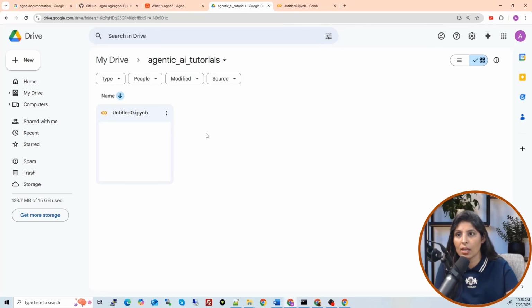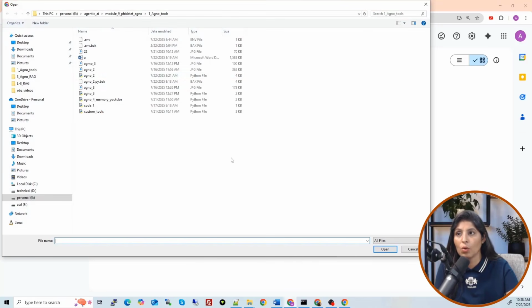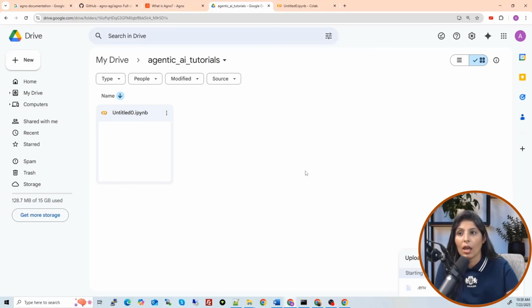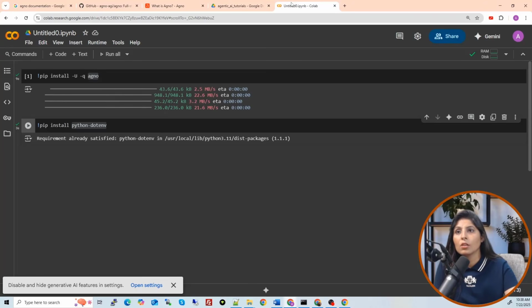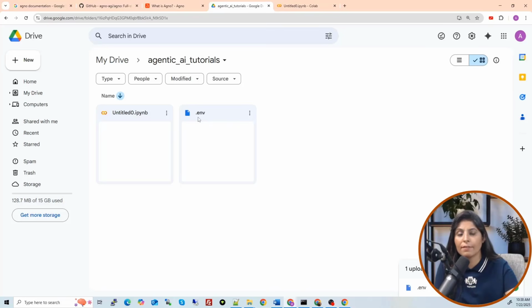Now, once you install this package, next task is to upload the .env file in which your OpenAI API key is. So right click, file upload, and this is the .env file where my OpenAI API key is. And here you can see that when I open this file, you will see this kind of data. This is the variable, and inside this variable, this is our OpenAI API key. This key will not work for you. You have to create your own API key. Right? So we have this package installed. We have this .env file over here.